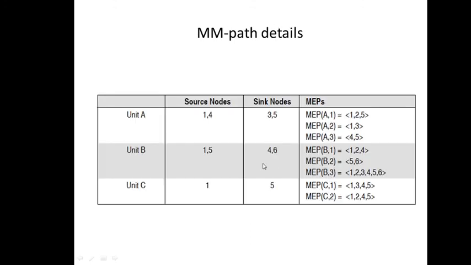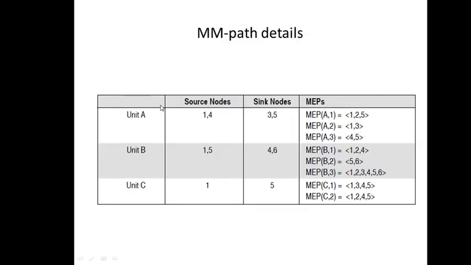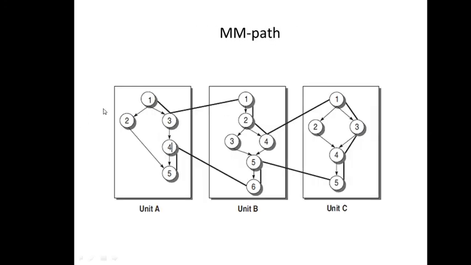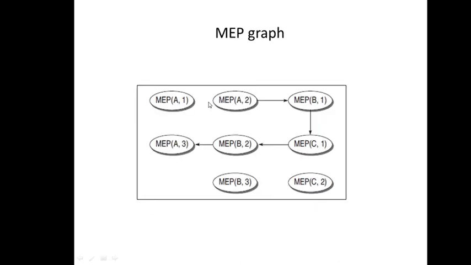So accordingly, we will be making MEP A1. It has no direct relationship. See from this diagram. 1, 2 and 5 is MEP A1. Is it directly calling any other path, like you can say a path in unit B? No, it has no direct link. That is why there is no edge drawn here. No message passing is taking place here.